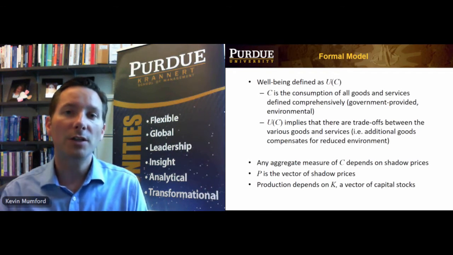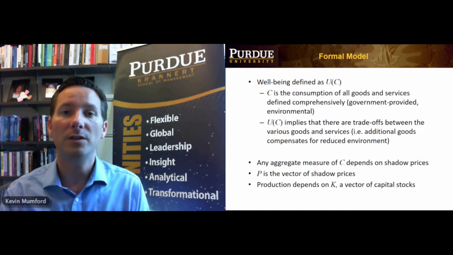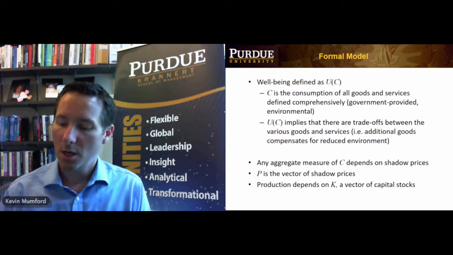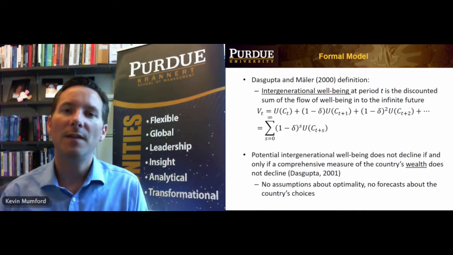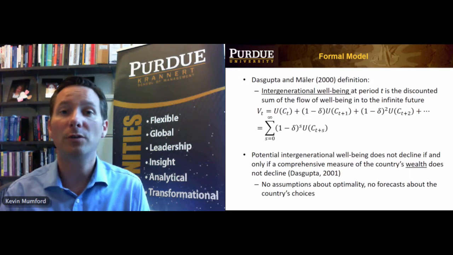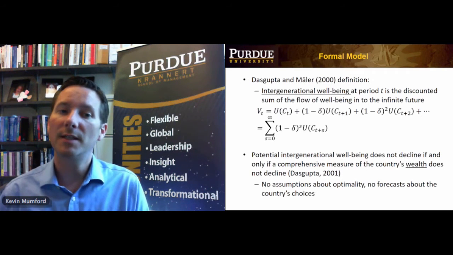And then the production in society depends on K, which is a vector of capital goods. Okay, so this is the last page of the formal model. There's a really influential paper by Dasgupta and Mäler. In 2000, they define a concept known as intergenerational well-being, which just says that all you